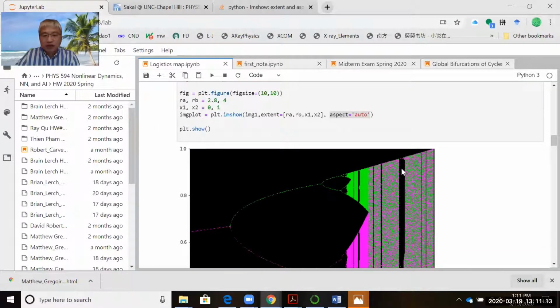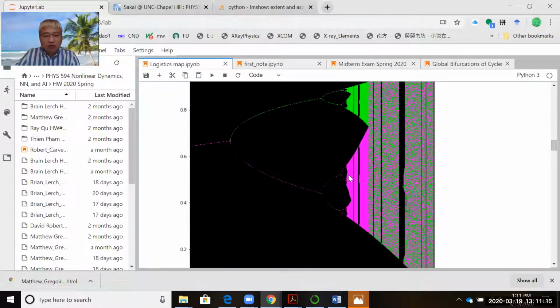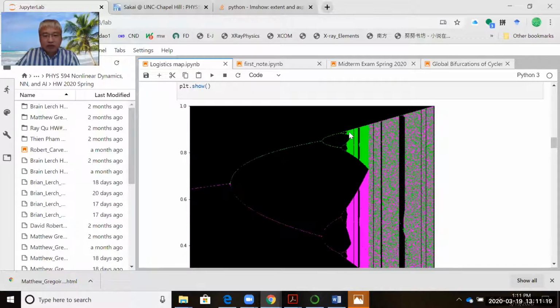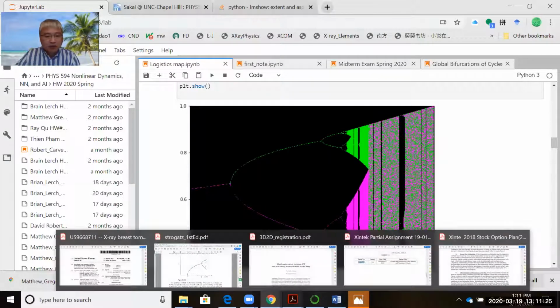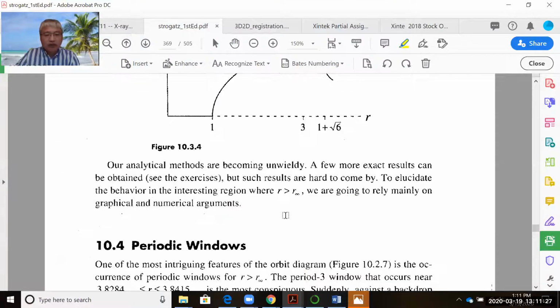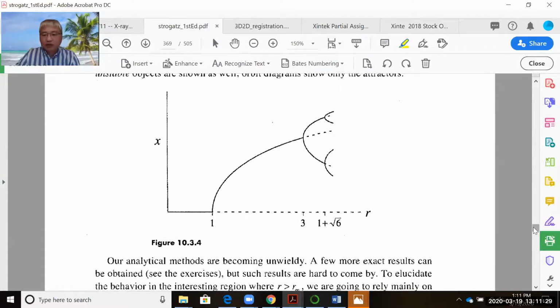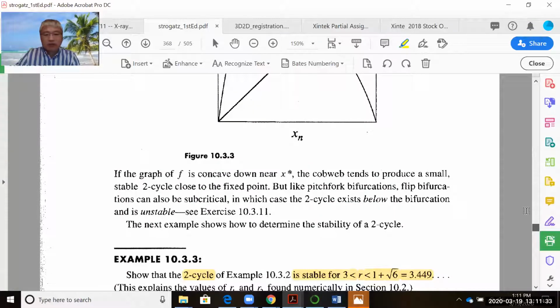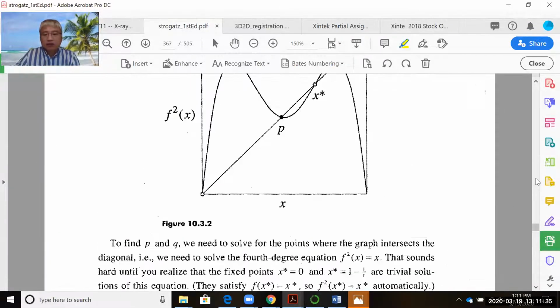So here we are zooming out back to a larger R value. It's chaotic in here, and those numbers we mentioned already earlier. So go all the way. Oh, I'm going too fast. So if you go all the way,